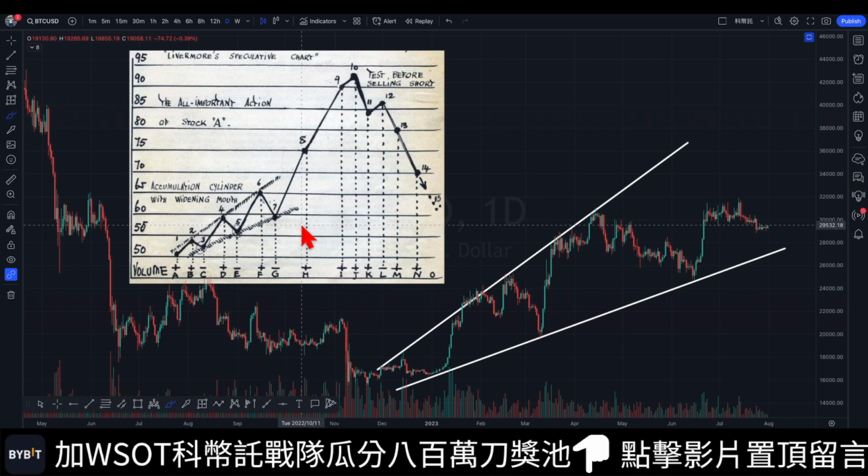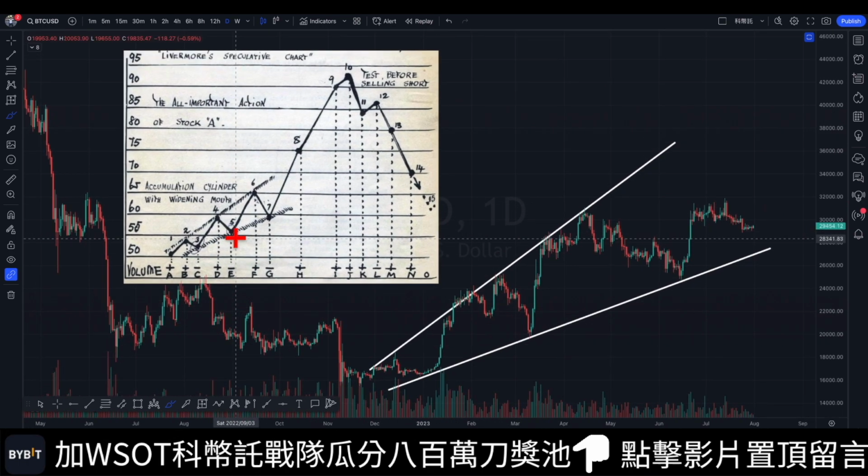Look at the first point. I think the first point is here. So, the price movement is a structure like this. Starting from here, this is point 1. Then, point 2. Point 3 after a retracement. It's followed by point 4, point 5, point 6, point 7, point 8, and point 9. Well, the last 2 points will be discussed later, since they haven't appeared yet. Now, let's see if the performance from point 1 to point 7 matches the pattern described in the chart.